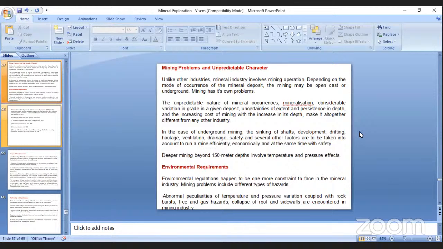And deeper mining, beyond 150 meters depth, definitely involves temperature and pressure. Because when we go into the deeper levels of the Earth, the temperature increases automatically with every 150 meters, and the pressure also increases. So the temperature